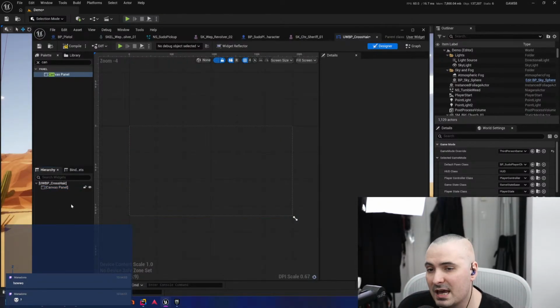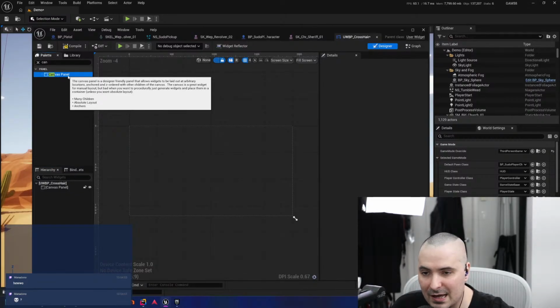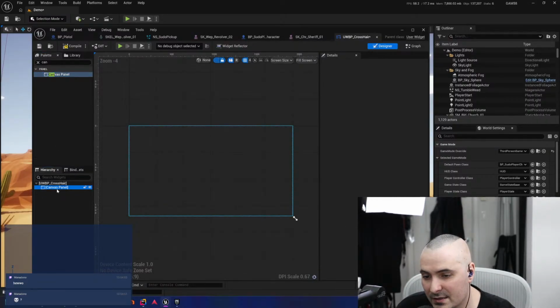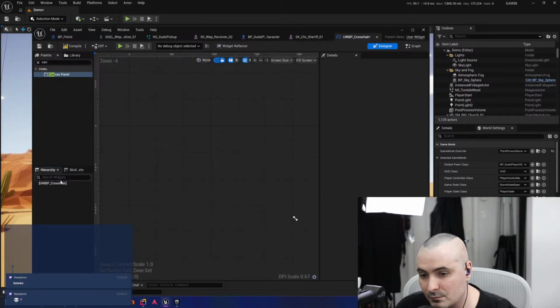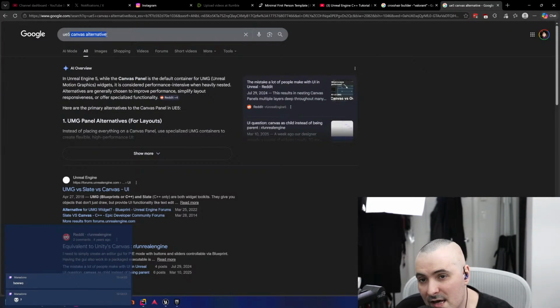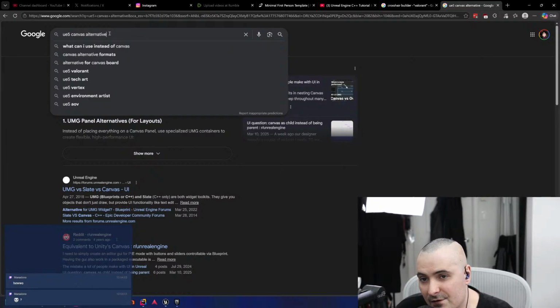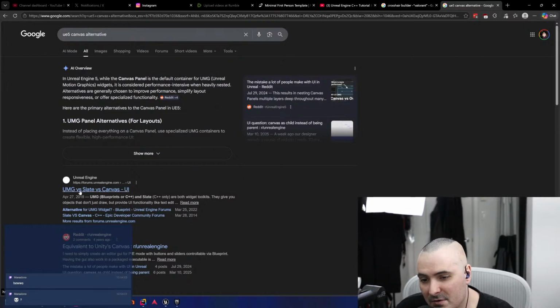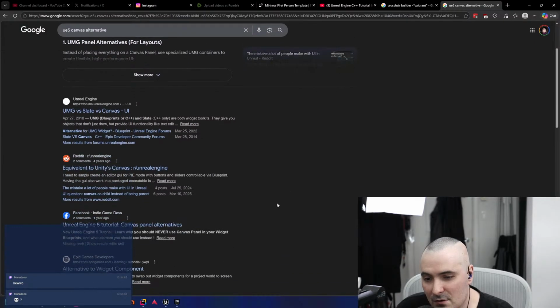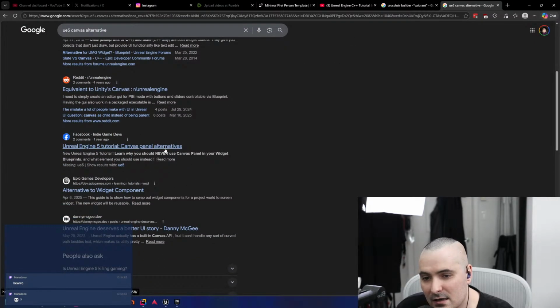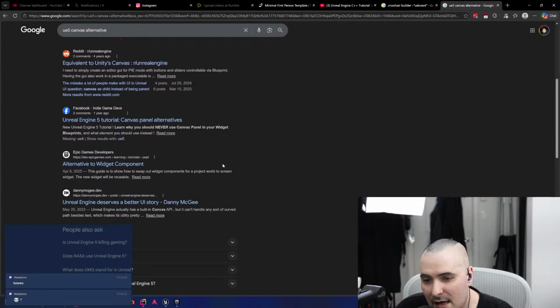So you don't want to use canvas. But there's an alternative that acts kind of like a canvas, but it's not a canvas. So UE5 canvas alternative. And yeah, UMG versus Slate versus Canvas, UI, Unity. These aren't correct.